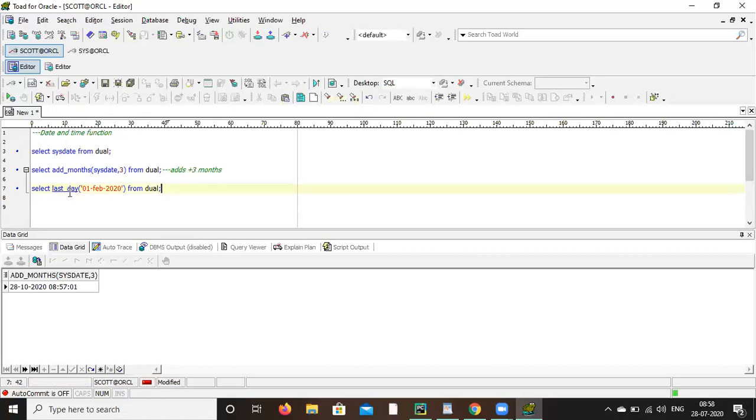So here you can see the last date for this February month. For February 2020, the last date is 29. So for any date you give, it will give the last date of that month, whether it is 29, 31st or 30, whatever.